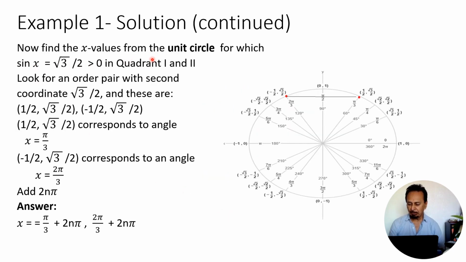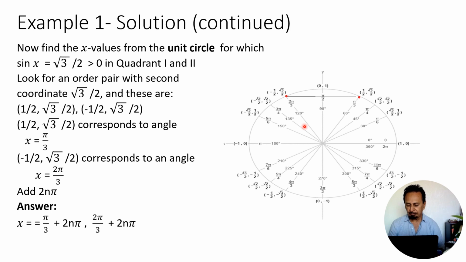So now find the x values from the unit circle for which sin x is √3/2. Now sin x in the unit circle is the y value. So look for an ordered pair with the second coordinate √3/2. And that's right here, (1/2, √3/2). And there's another one, (−1/2, √3/2). Now (1/2, √3/2) corresponds to angle π/3, and (−1/2, √3/2) corresponds to angle